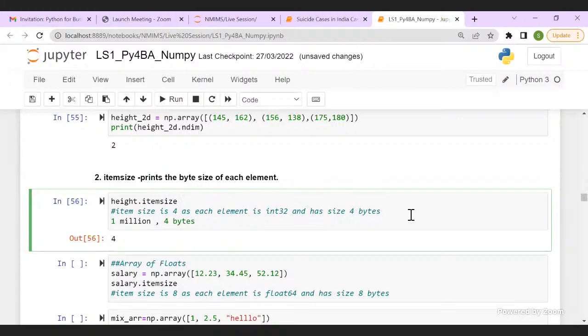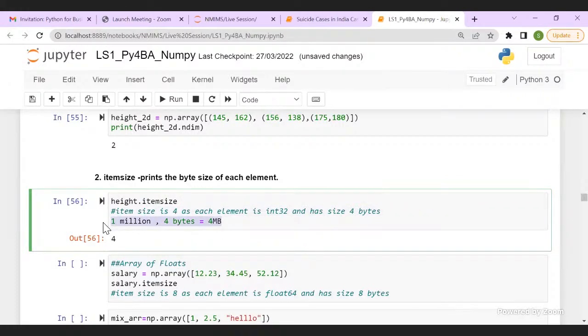So what will be the memory size of my array? 4 million bytes. So what is 4 million bytes called in terms of computer? 4 megabytes, right? So it becomes 4 MB of your data.